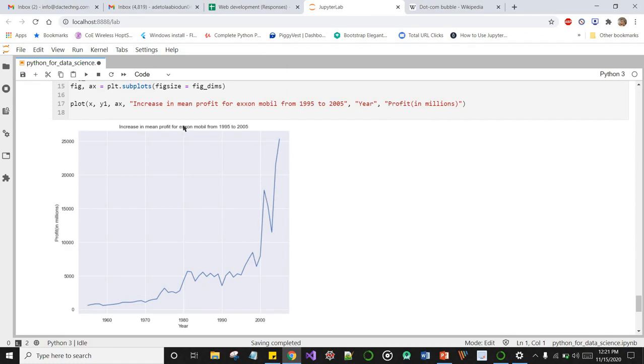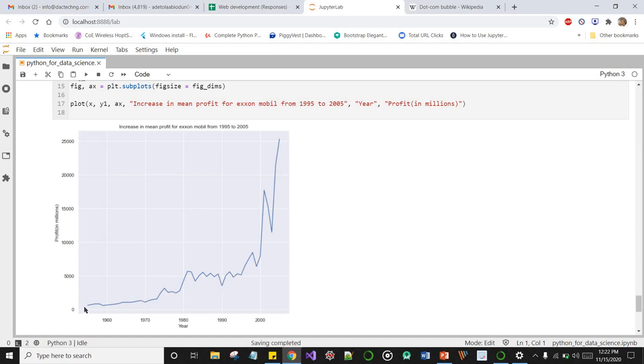US based oil company, ExxonMobil is a US based oil company. So the oil price around the early 2000s was fairly high, and you could see that the ExxonMobil Corporation made a lot of profit. Here, the profits were staggered, staggered profit here and there, and it's just fairly the same, no serious